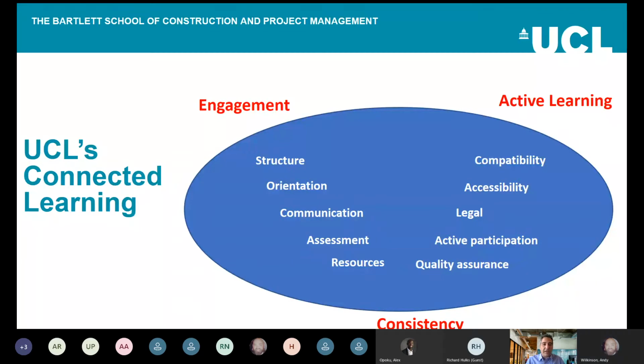And this requires, yes, this requires innovation because most of these things would be desirable even in a non-online delivery context. However, when the teaching and learning becomes fully online, these are not only desirable, but they are absolutely necessary. And in order to switch from the existing systems and approaches to this, we just need to innovate. We need to innovate in terms of our materials, content for teaching. We need to innovate in terms of our systems, infrastructure as a university, and we need to innovate in terms of the activities, the range of activities we would and should use to satisfy the necessities of this new world of